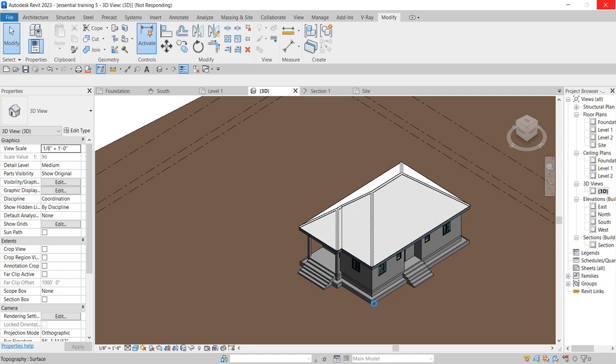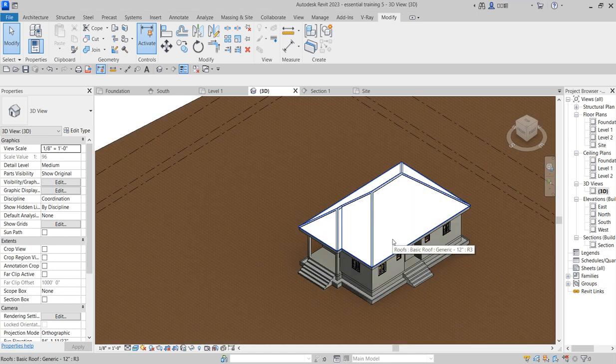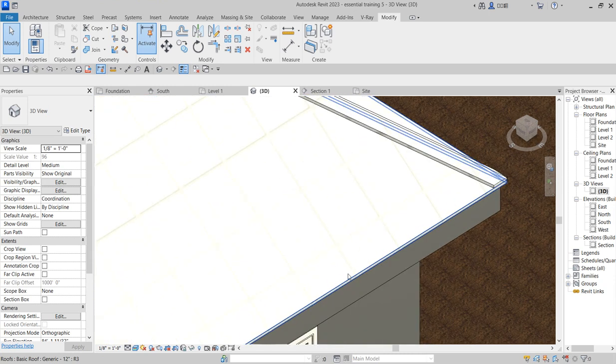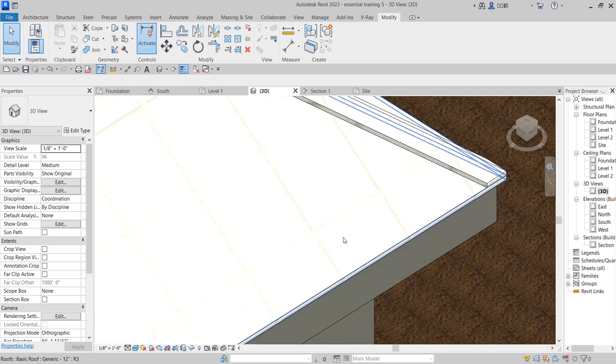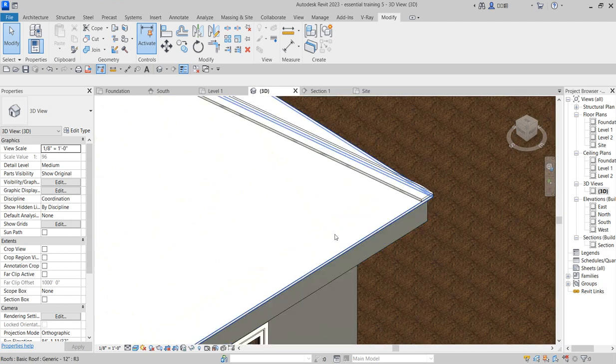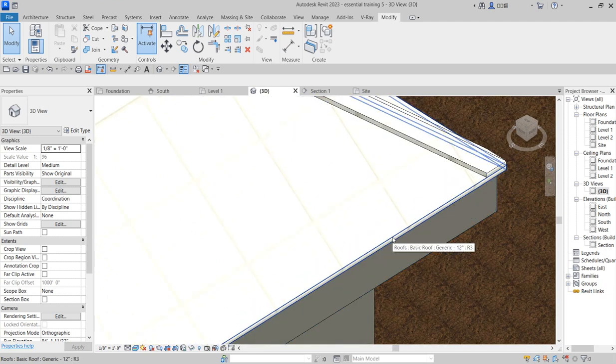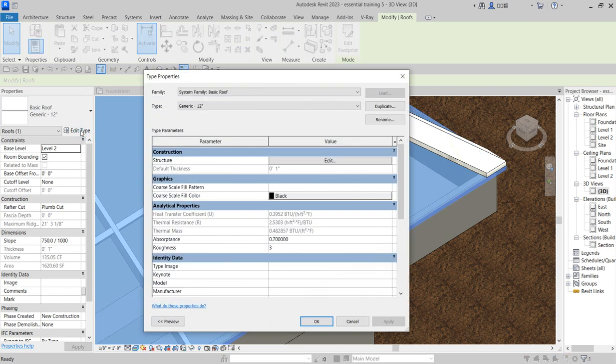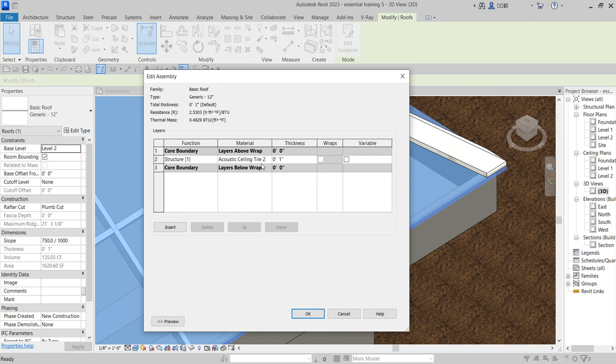In reality, you are seeing no color on the roof. It's just plain white, which is an issue when using some materials that are not regular. So I want to take you through everything one after the other now. Click on this, edit structure, then acoustic ceiling is the material it is using, so we are going to create our own ceiling